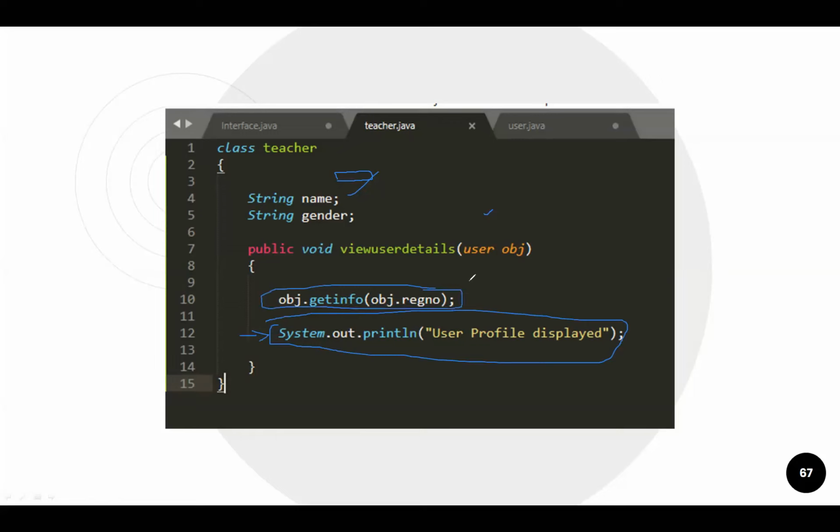Otherwise, there will be an error. If it is successful, it means that I am expecting some return from here, a success message. When this success message return comes, only then am I going to execute this thing. Okay. So again, this get info call or message is synchronized in nature.